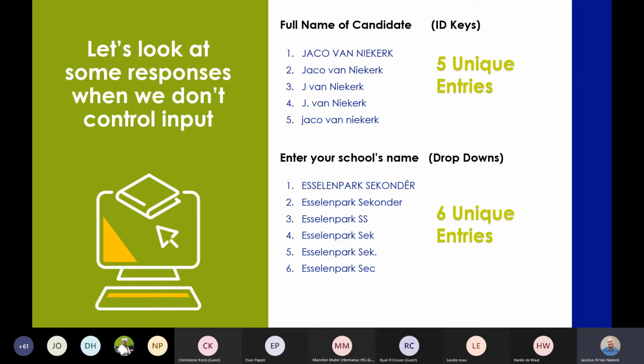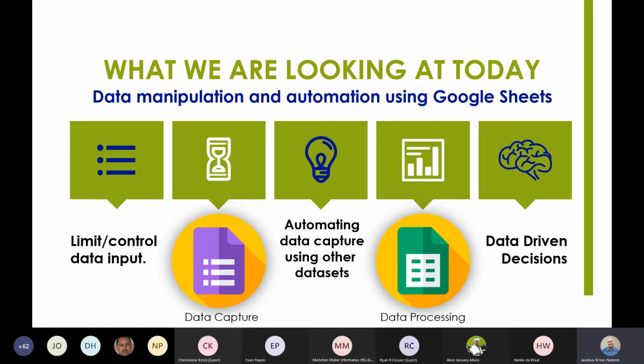Then this example that we see over here, we're going to look at a second way, and this is, in a way, the easiest way to control it: using things like drop downs and essentially limiting input. As far as possible, not having people type anything, but just having people select things. Now, in certain cases, that's possible. In certain cases, it's not. So we're going to discuss the different types of input and when to use which type of input when we are building our forms, because that's an important part of how we do it.